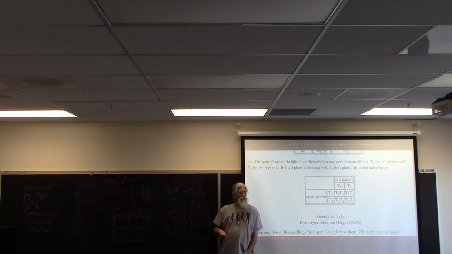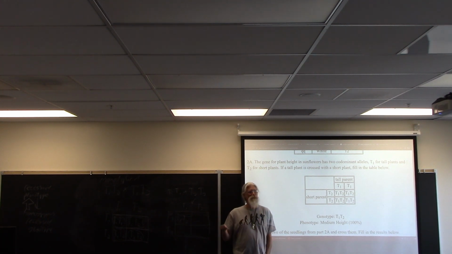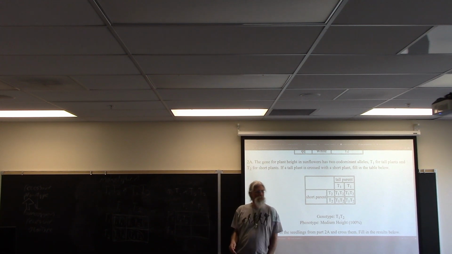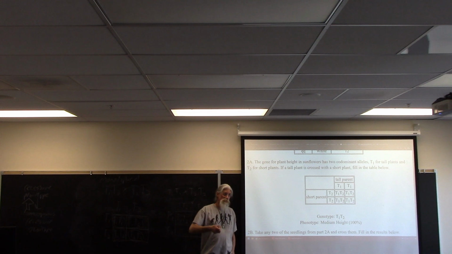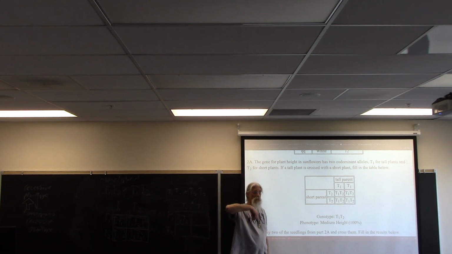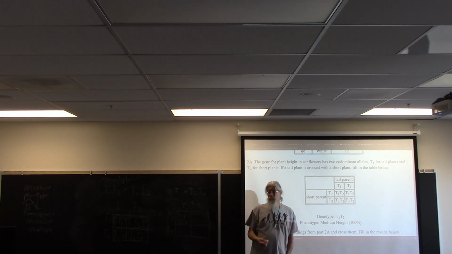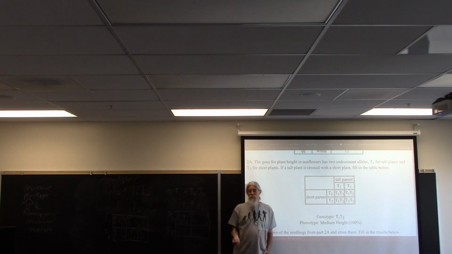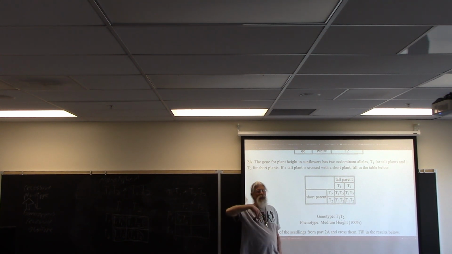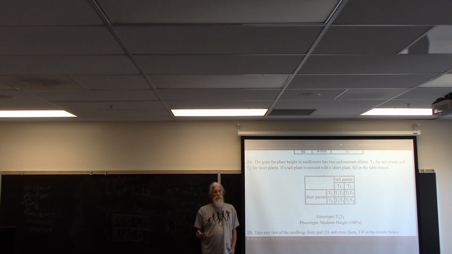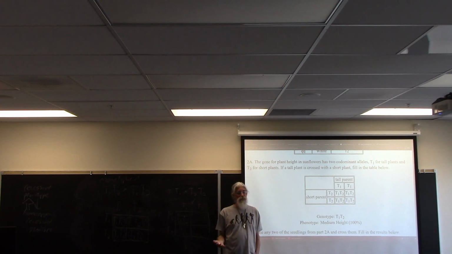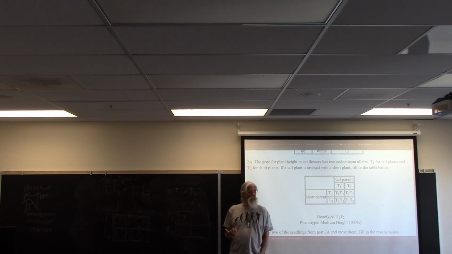That's the absolute basics of what we're doing. Everything else is just building on that basic idea. If you have a cross between two homozygotes and they are both recessive, then you get nothing but recessives. If you have a cross between two homozygotes and they're both dominant, you get nothing but dominants. If you get a cross between a homozygote and a heterozygote, that was our first example, and so on and